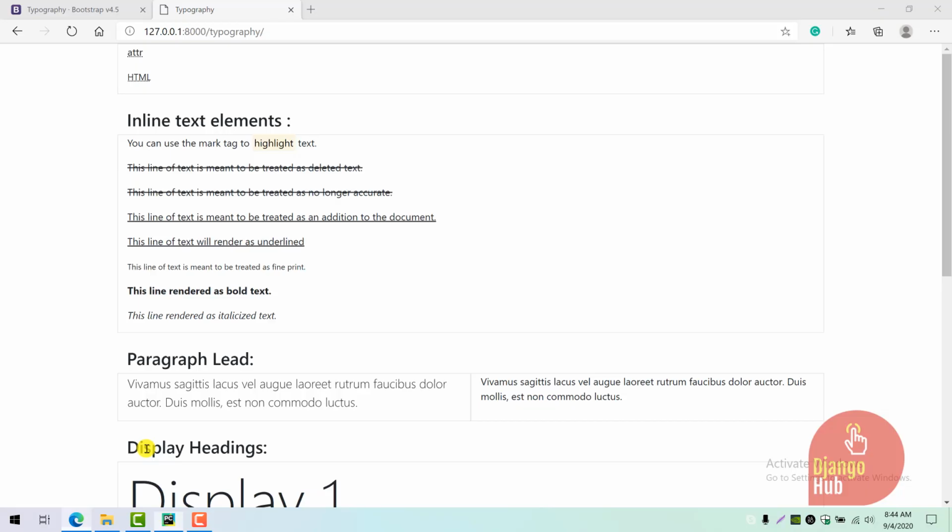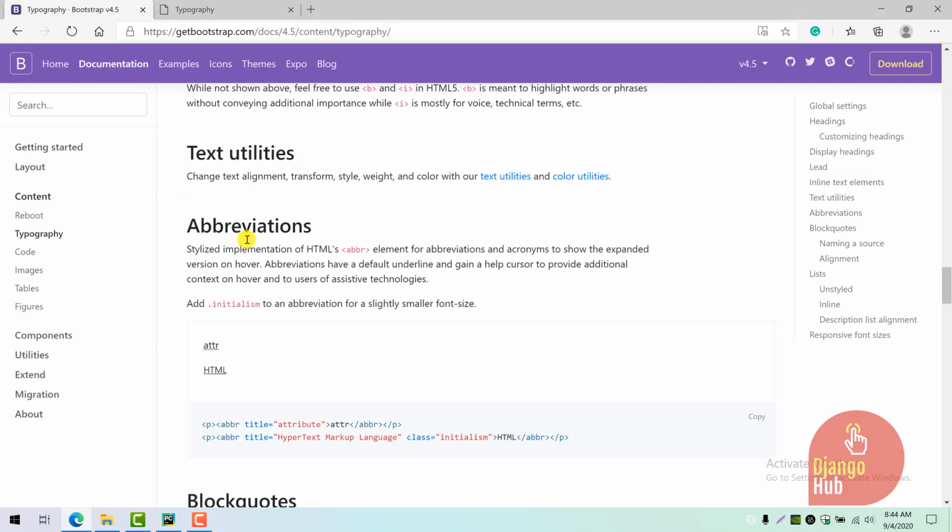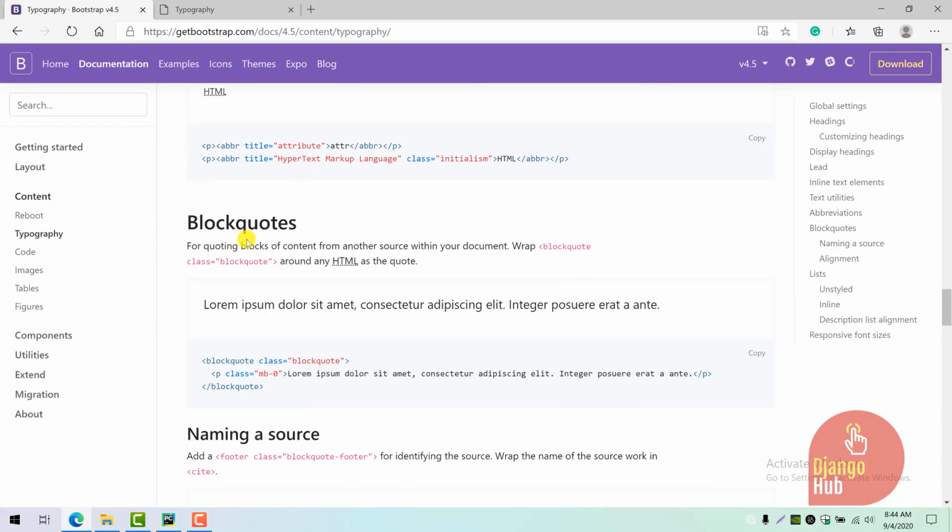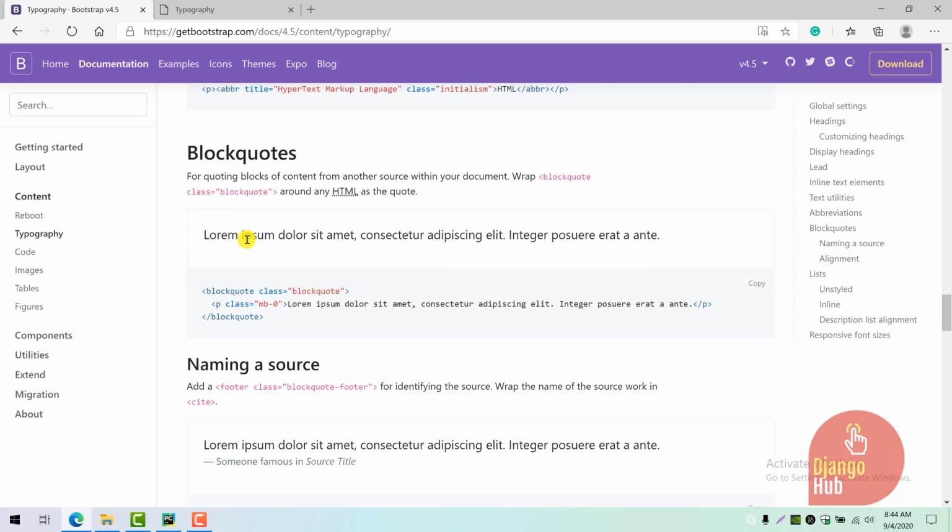so what's next? The next, we are going to block quotes. What do you mean by block quotes? Let's have a look into this. Create a block quotes,